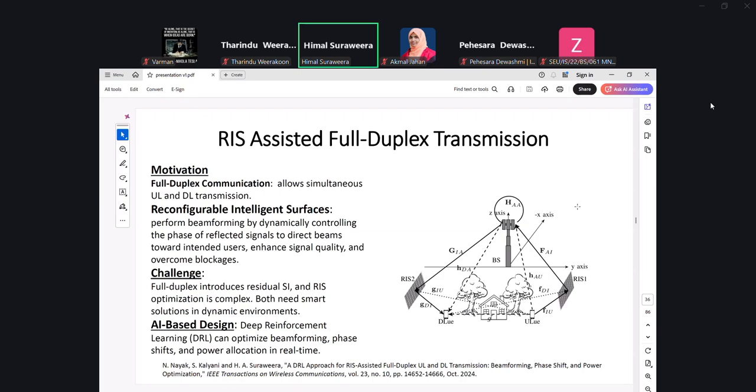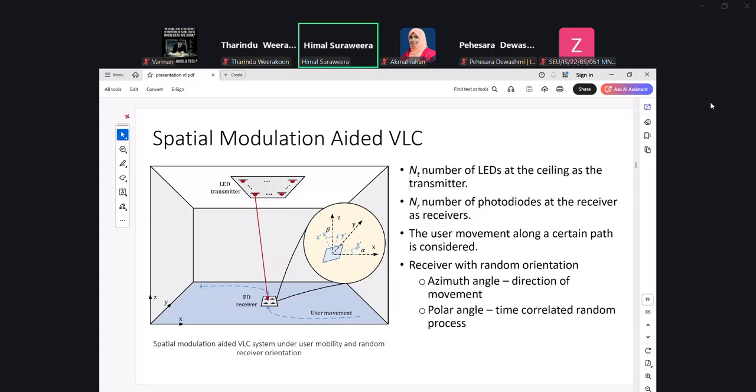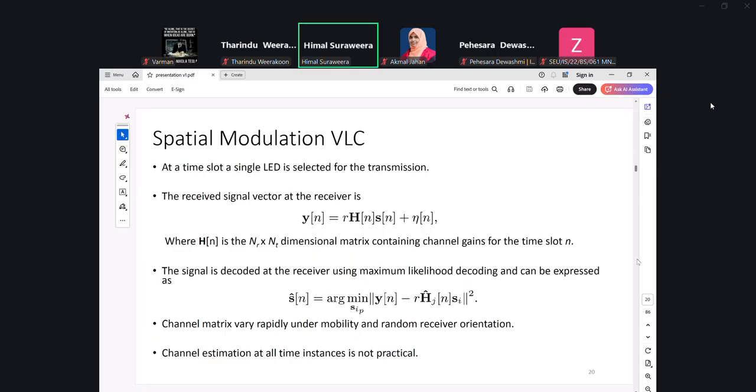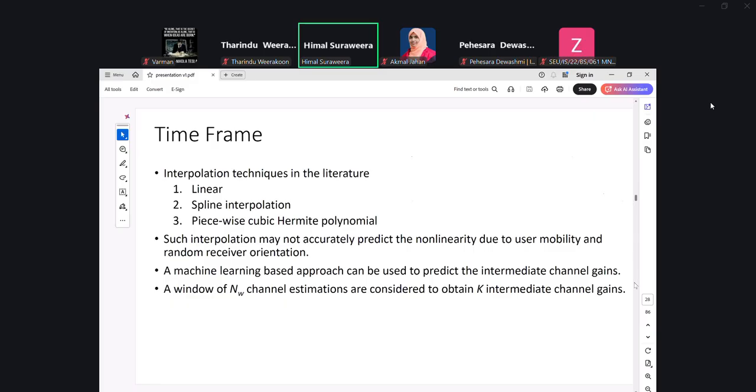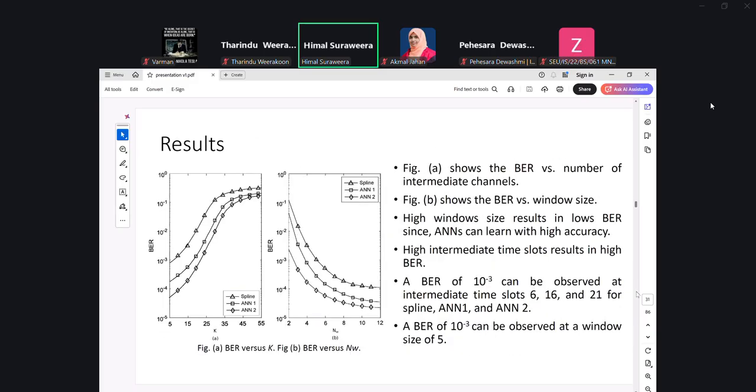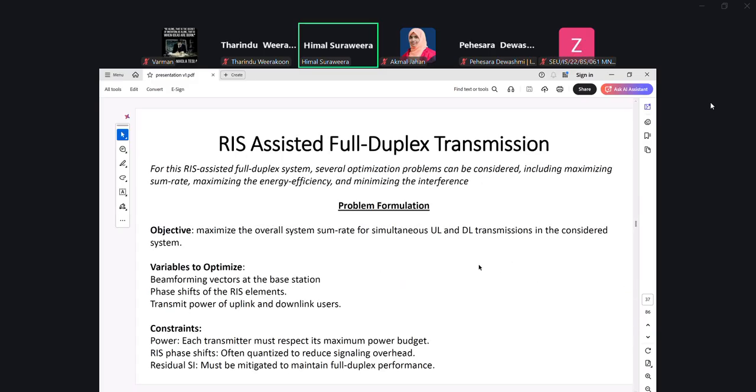So anyway, here what we did was, sorry, I went to the wrong set of slides. Basically, we formulated a particular problem, and we used reinforcement learning, because of course we didn't use a traditional optimization method, as the system was very complex. So we applied a reinforcement learning approach to solve this problem.